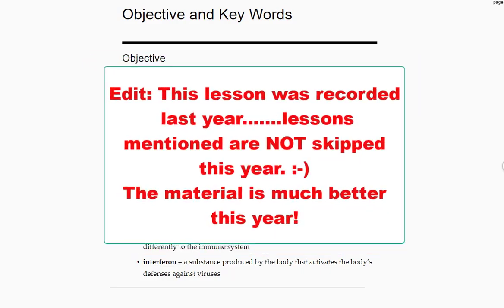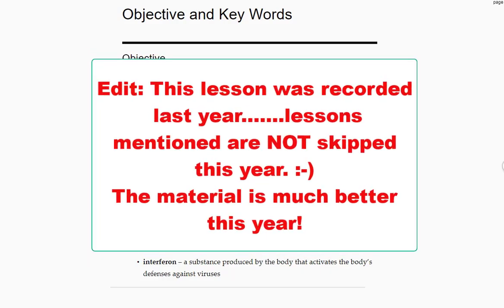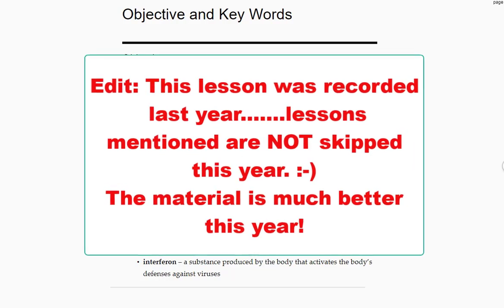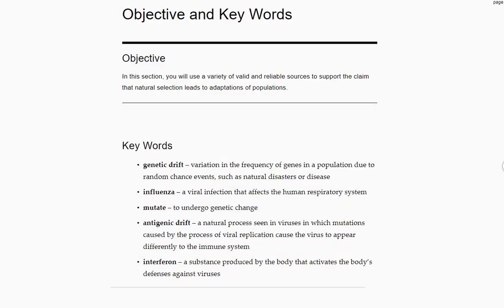Now you may have noticed in your planner this lesson has actually been skipped out. We've skipped out Lesson 12 and Lesson 13, which is this lesson as well as the quick check for this lesson. The reason we did that is because the way this lesson is presented is very different from the rest of the lessons in the unit, so we didn't think it was a really good fit. Also, there are a lot of concepts and vocabulary words that just don't mesh too well with the rest of the unit.